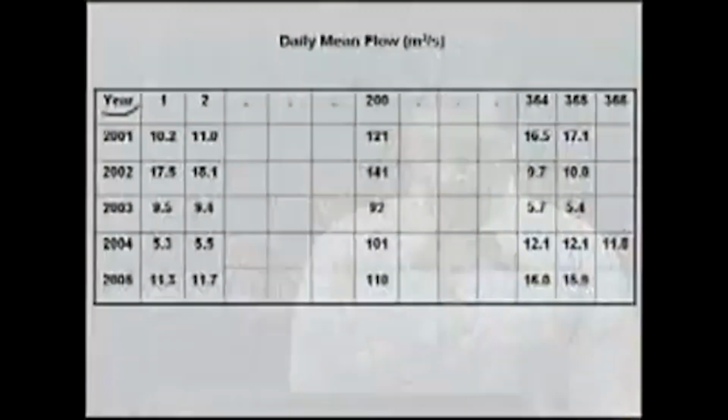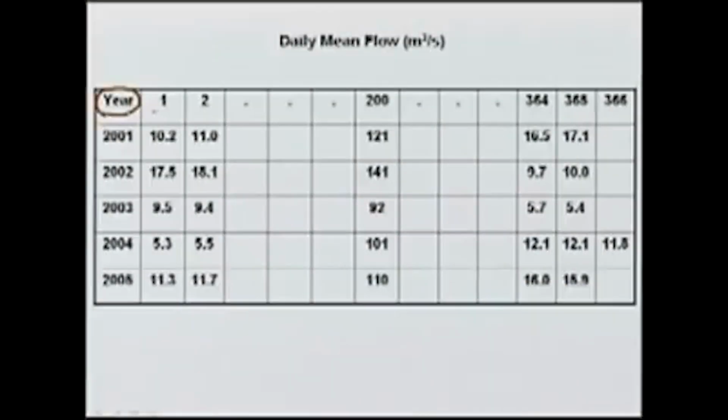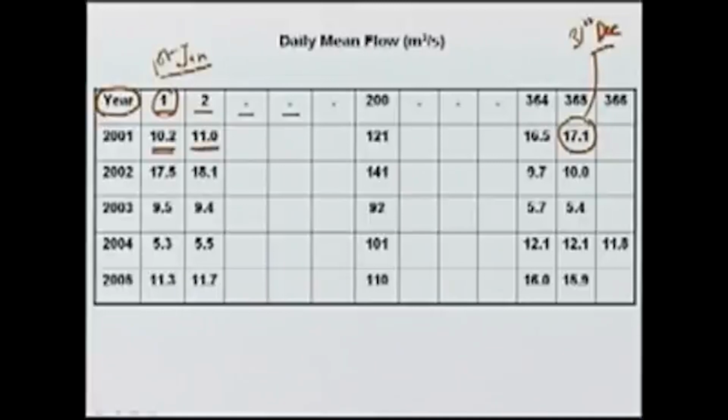So, this is the year, and this denotes the date or the day of the year. So, first represents the 1st January, and in this case 365 will represent 31st December. So, for the whole year we will have data available for the discharge through the river, and what is typically done is the discharge is averaged over a day. So, this is the daily mean flow